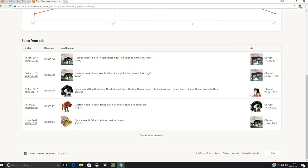So the interesting thing here, you can see that people have clicked on my bookmark and went and bought a slightly different bookmark. It's almost identical, but obviously they've had a wee look around my shop and ended up buying that one. Someone clicked on my wee dog here and they've went and bought a different wee dog. And here, this is even better. Someone clicked on a wee dog and went and bought a more expensive dog. Fantastic, that's what we want, trade up on things. And the same, someone clicked on a bookmark and went and bought a more expensive bookmark. Fantastic. So this is all good